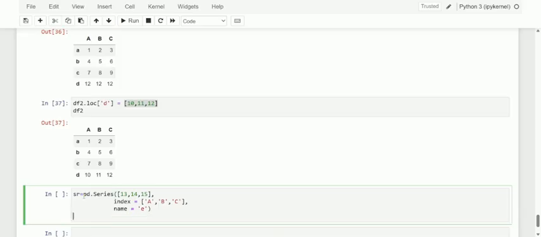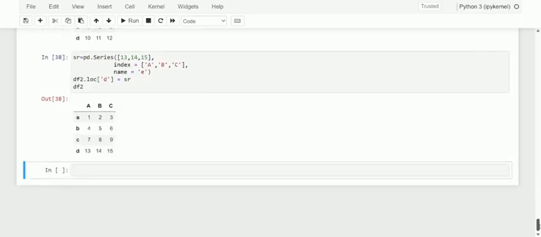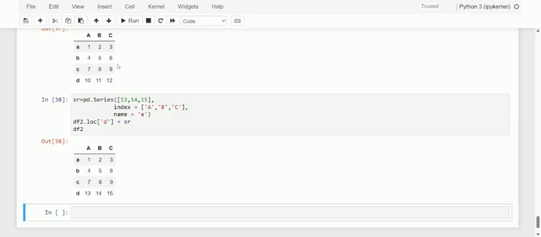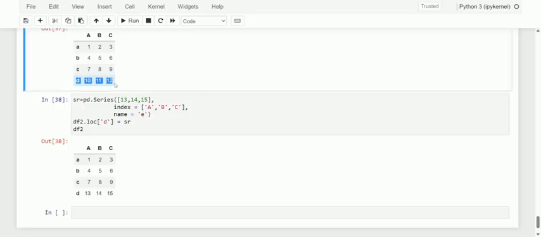Okay, so what is next? Of course, I'm just going to include this, that is updating towards the existing one. So here I'm just going to make it as an existing one. What's next? Let's execute the data frame which is updated. So kindly just observe. Previously in the 37th cell, the value of D here is 10, 11 and 12. And kindly just see here, now it is 13, 14 and 15.